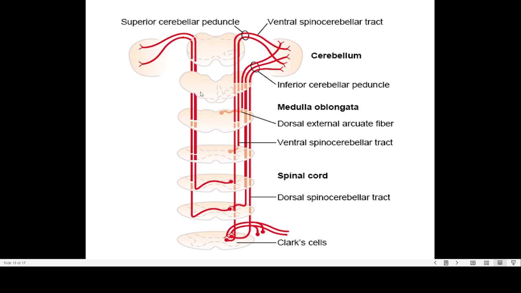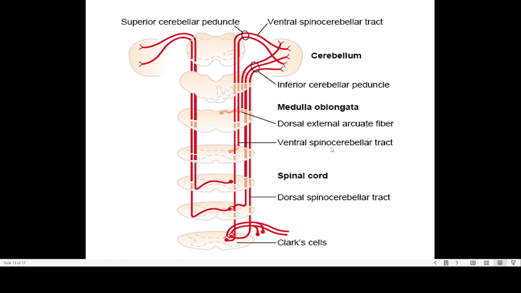That is usually the spinocerebellar tract. So we remember the spinocerebellar. The first word, spino, means spinal cord, and the second word, cerebellar, is the cerebellum. So the first word is the beginning. That means the fibers are connected from the spinal cord to the cerebellum. If it is cerebellar first, then it will be connected from the cerebellum. Like that, the fibers are connected from the spinal cord to the cerebellum with different names,